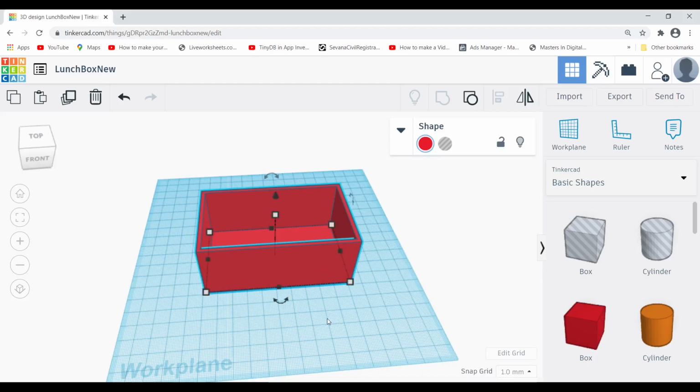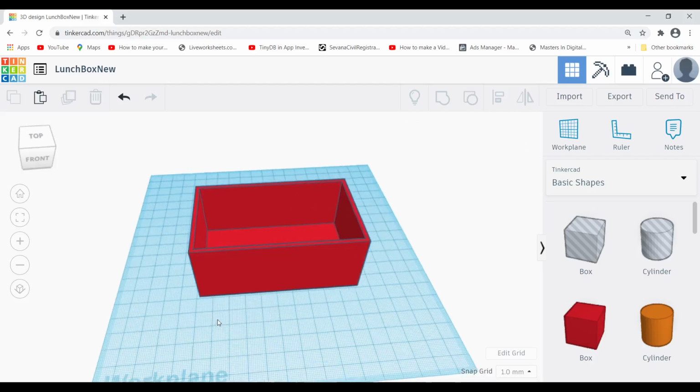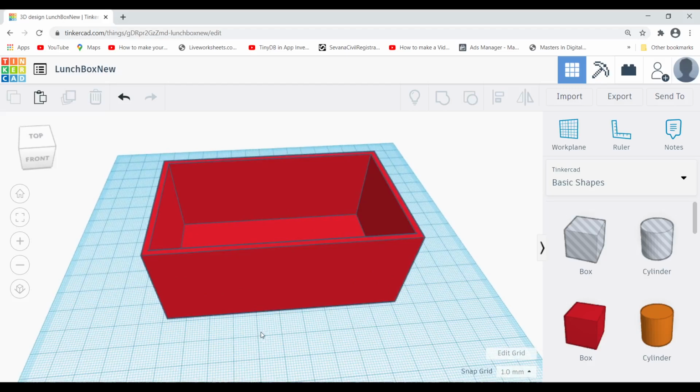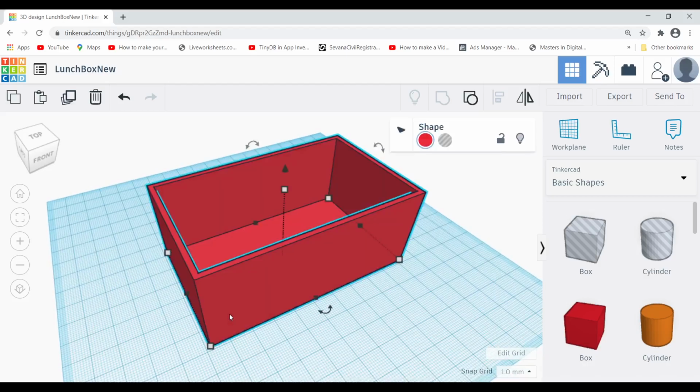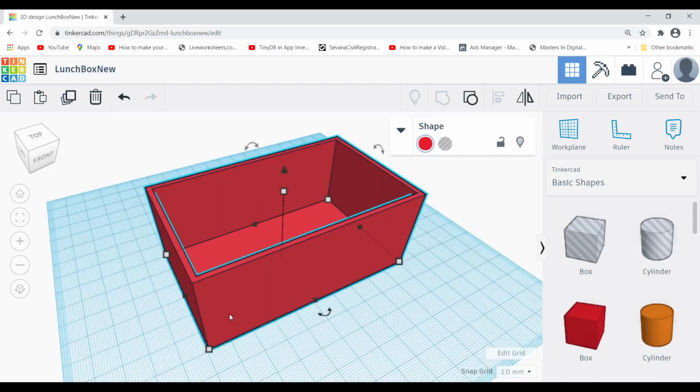Now if you need a partition inside this lunch box, you have to create that. We can make a 30% and 70% split. To create that, measurements are very important. We know that each small division over here is 1 millimeter and the bigger divisions are 10 millimeter. So create that perfectly. Make sure that your box is kept on one of the corners.